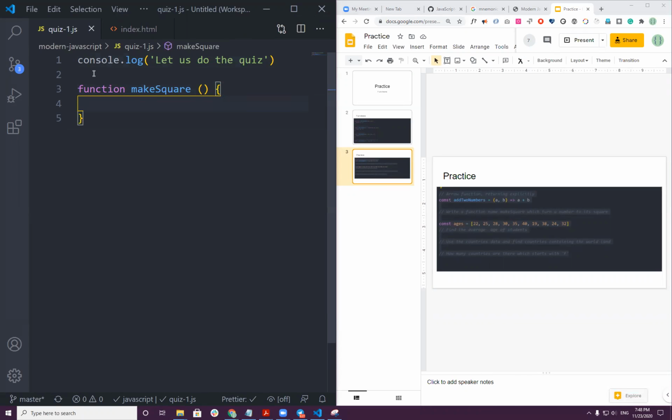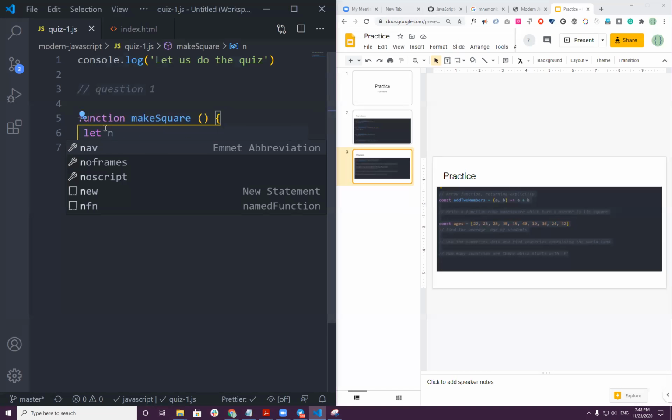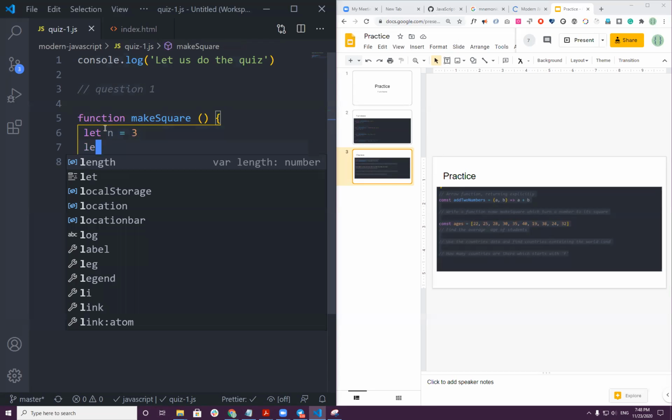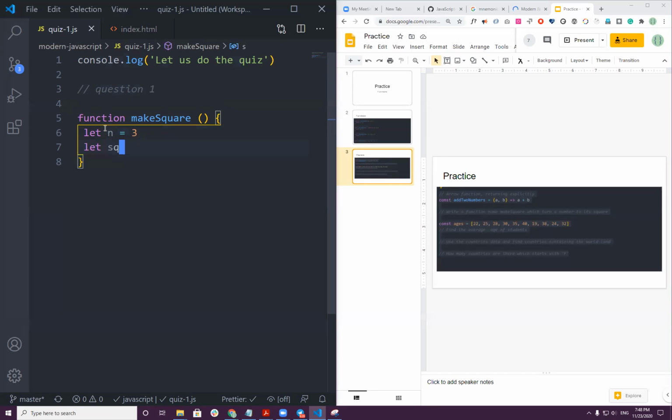Is this stage clear? This is for question one. First, I just create this. It doesn't do anything. And then let num is equal to 3. And to get the square, let square be n times n, return square.